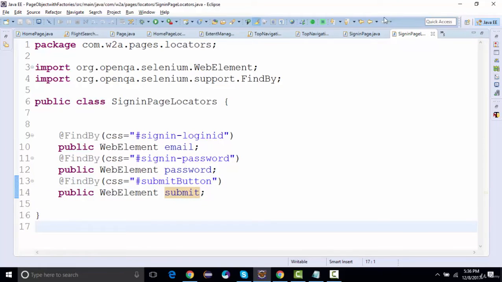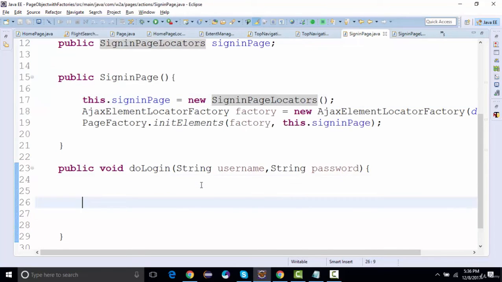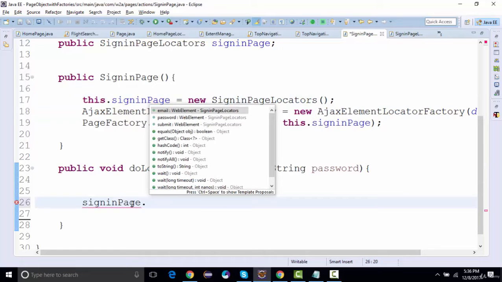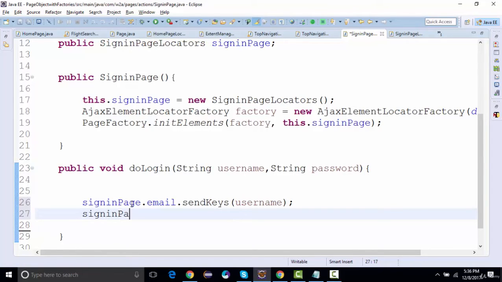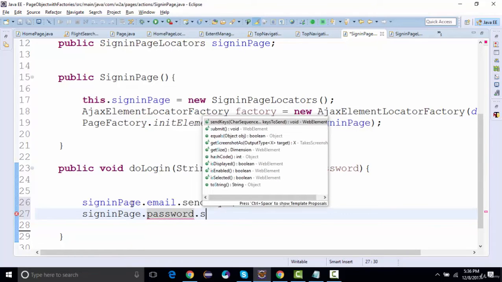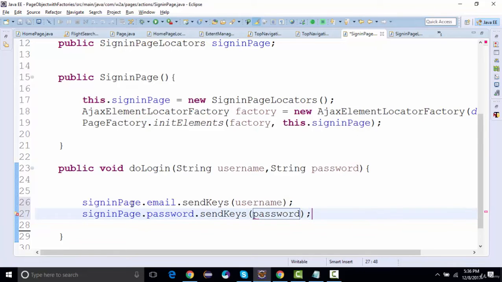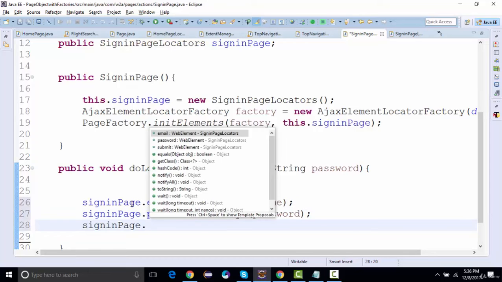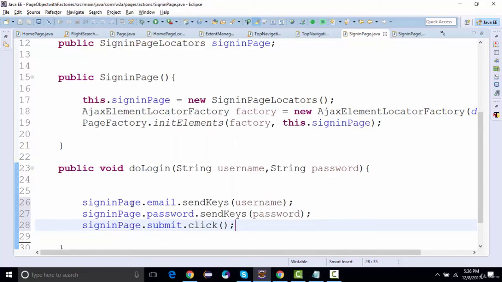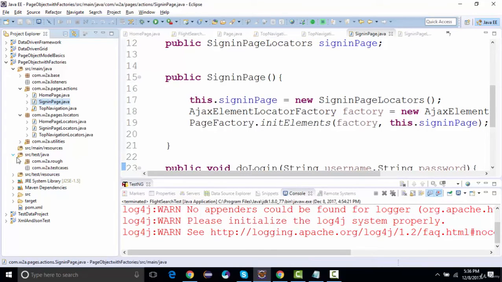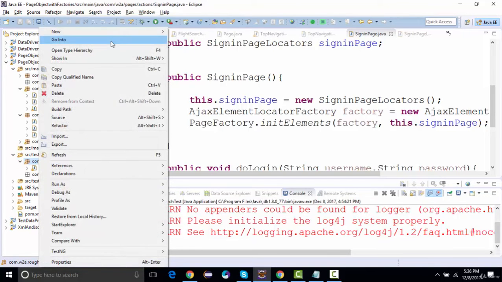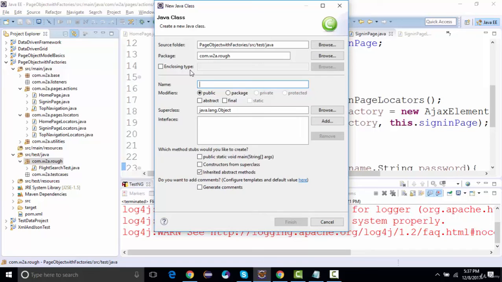Right. So let's really quickly write this test. We can say sign in page dot email dot send keys and enter the username. Same way, sign in page dot password dot send keys and enter the password. Right. Then sign in page dot submit dot click. Right. And let's create the next test. Again I'll go to the test package, and first I'm going to name this test as sign in test. Right, so let's say sign in test,